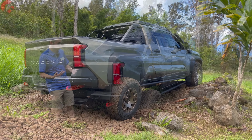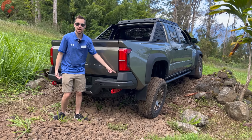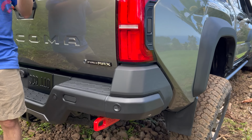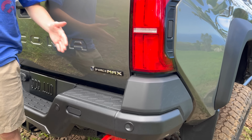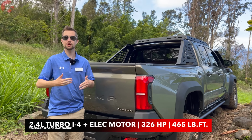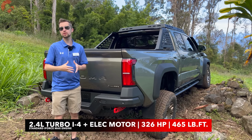Now, speaking of tremendous capability, both the TRD Pro and the Trail Hunter don't mess around when it comes to power. That's because they're automatically gonna come standard with the iForce Max hybrid system. This is gonna be the most powerful Tacoma that has ever been made. This is gonna be a 2.4-liter turbocharged 4-cylinder engine paired with an electric motor and a nickel hydride battery pack. 326 horsepower,